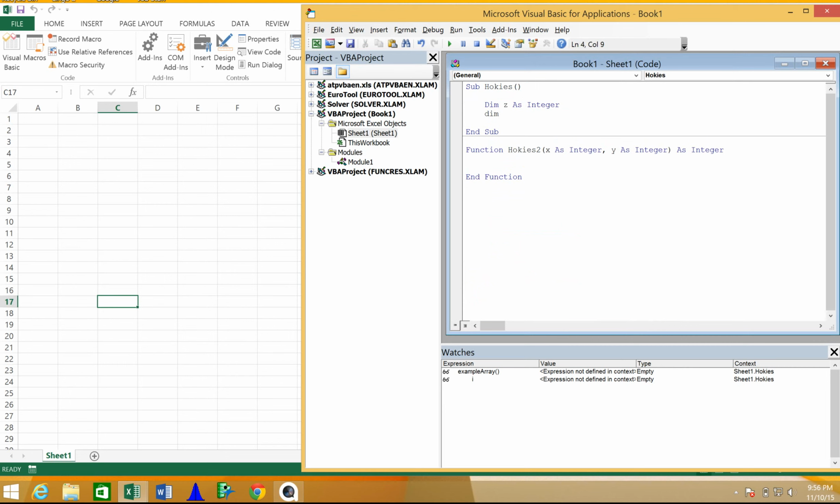And generally it's going to be more complex. This is going to be a simpler example of a function. But if you're going to be doing a very intensive repetitive task over and over, it's best to do one function at the bottom, call that function 10 times, rather than write that long code 10 times in your main subroutine. So what we're going to do is call that function Hokies2,